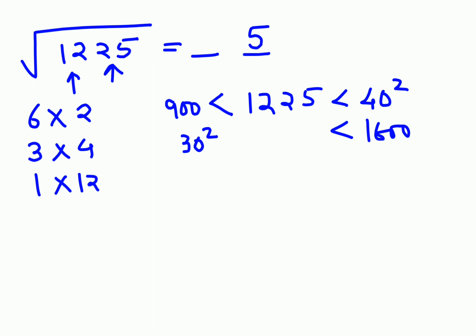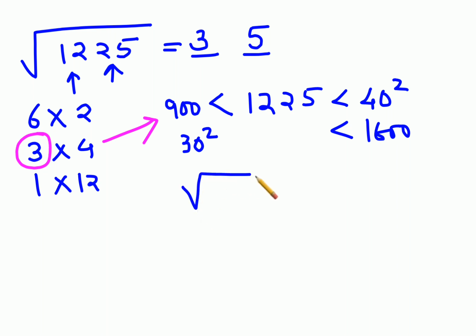So here you should look at which answer suits you the most, this one, right? And in that also you will focus on the smaller digit. So we can say the tens digit of your answer is 3. So we can say that the root of 1225 is supposed to be 35.